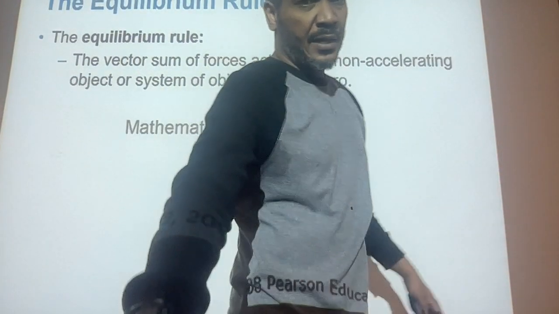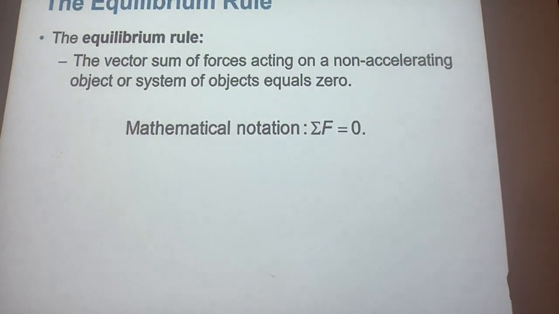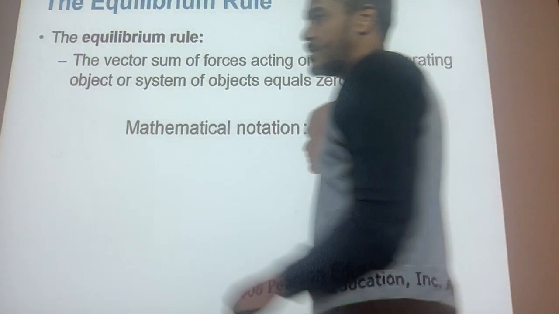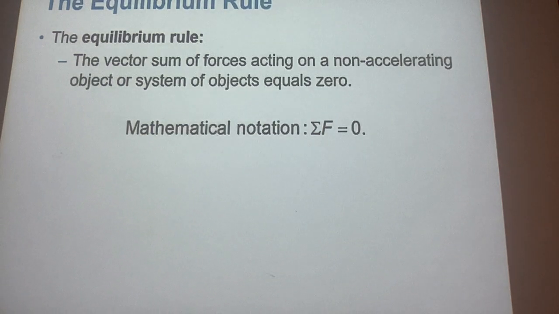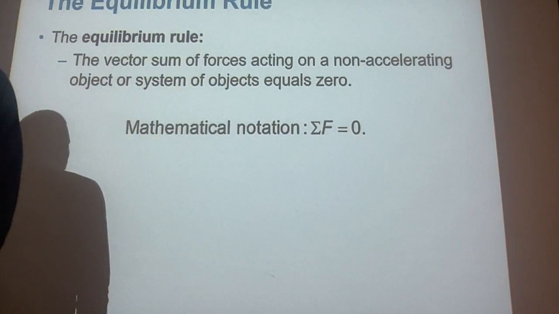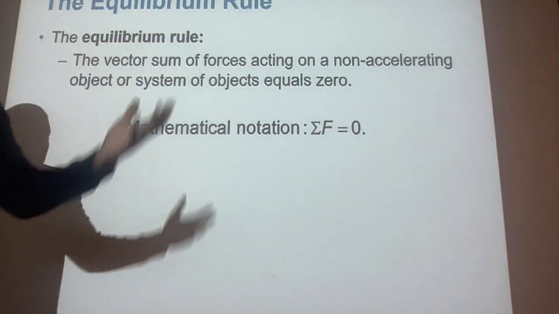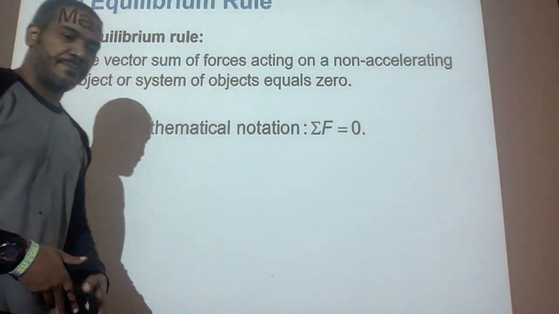So this object is at equilibrium right now. This is at equilibrium, right? You're sitting at equilibrium right now, right? So that means every force that's acting upon you has been equilibrated, right? It has been equaled out. All of the forces that act upon your body right now have been equaled out. That's why you sit still. You're at equilibrium.